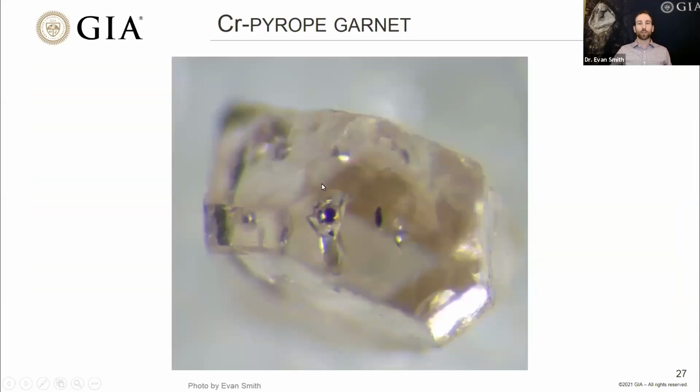So we saw a chrome pyrope garnet earlier, but here's another example of one. And you'll notice something kind of interesting about this. The actual outline of the inclusion is bigger than the color that we see. We see a little spot of this purplish color right here, but the outline of the inclusion is actually all the way over here. And there's a region in between where the inclusion just kind of looks silvery. It's almost like someone painted it with silver or put mirrors on the side. And this is actually a very common phenomenon that we see in inclusions in diamonds.